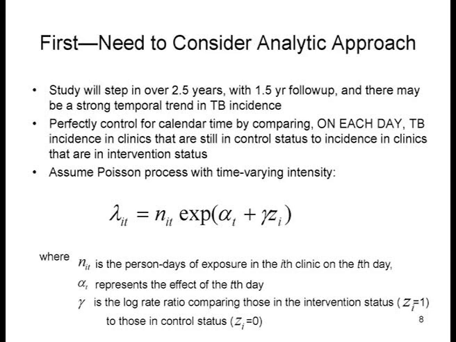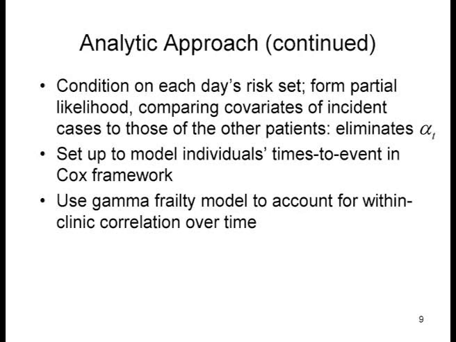And so the idea is basically to think, well, on each day, we're going to consider that a matched set. The control group were the people at the clinics that hadn't been intervened in yet, so they didn't really get anything. They just went on as usual. In the intervention group, I should say, they also had a retraining every year thereafter. So the idea is on each day, you condition on that day, and you see who was diagnosed with TB and who wasn't. It's a very basic approach.